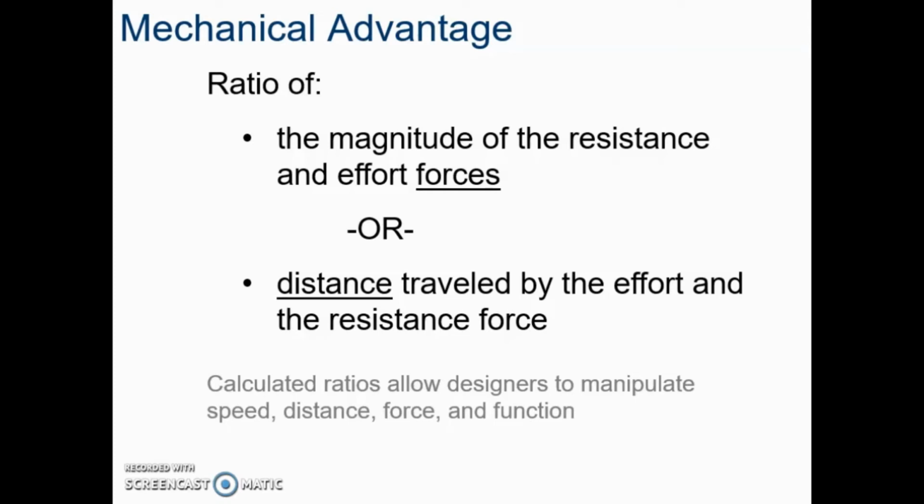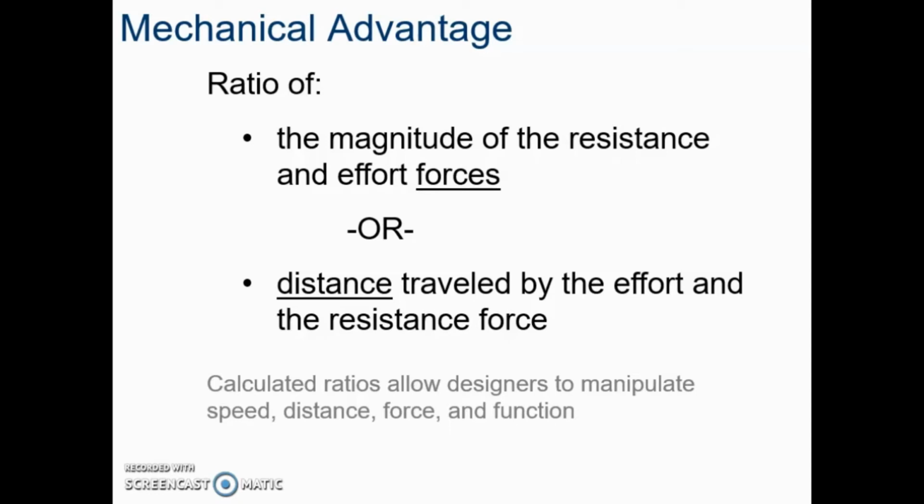So mechanical advantage represents the rough ratio of the force that you're putting into a machine compared to how that force is magnified on the other side. So we can think of it in two ways, similar to work. We can think of it as the magnitude of the resistance and effort forces, the ratio of those two, or we can do the same thing with distances. So if you have a high ratio of your effort force compared to your resistance force, automatically you're going to have a lower ratio for the effort and resistance in terms of distance. So if you get a lot of force out of a machine, the distance is going to be very, very low,